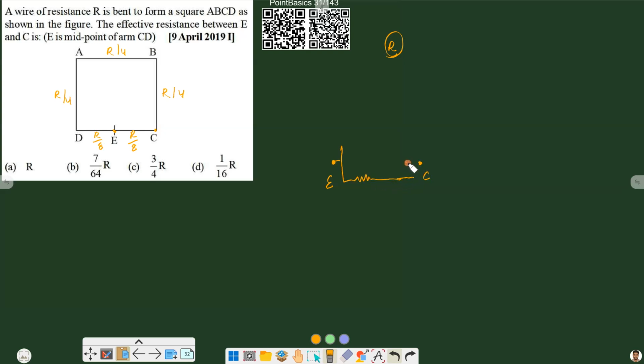Resistance of one of the paths is R by 8, and resistance of the other path, as all of these parts are in series, will be R by 4 plus R by 4 plus R by 4 plus R by 8. So this will be 3R by 4 plus R by 8, or 6R by 8 plus R by 8, and it means 7R by 8. Now, as we can see that both of these are in parallel, so to find the resistance,